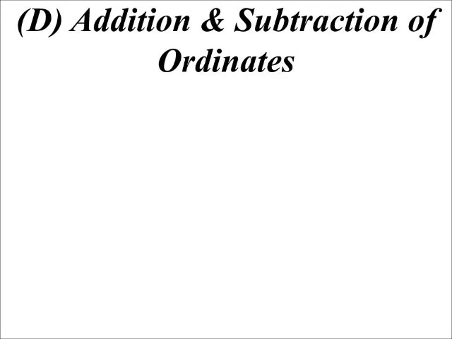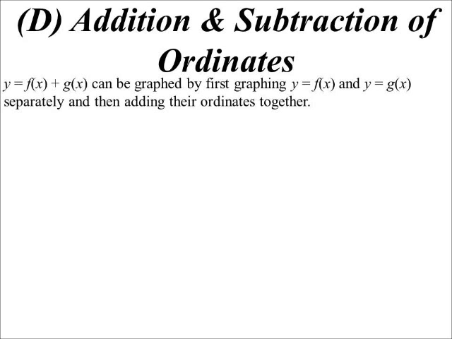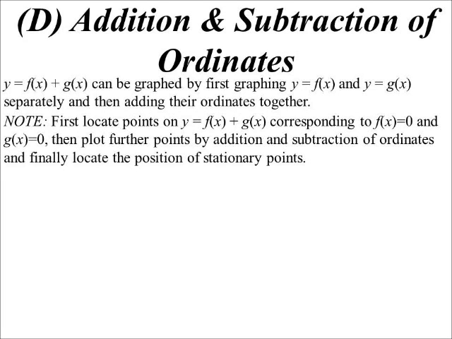All right, let's have a look at the next idea, adding and subtracting of the ordinates, sometimes also called superpositioning. I think I use that term in physics. So when you add two graphs together, the way we tend to do it is draw both graphs individually and then physically add the y coordinates